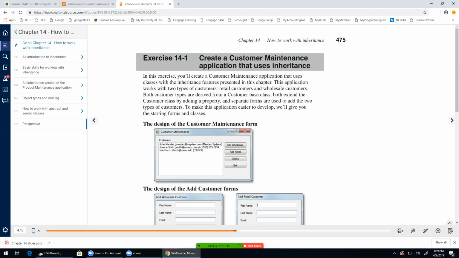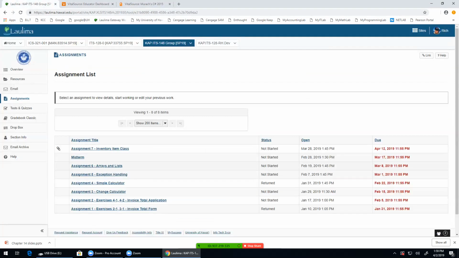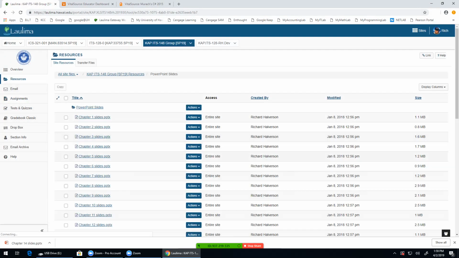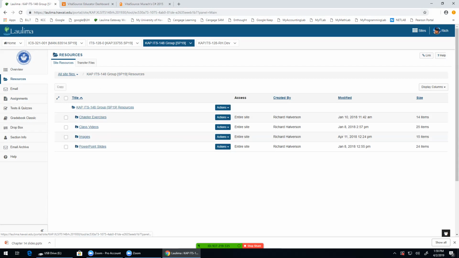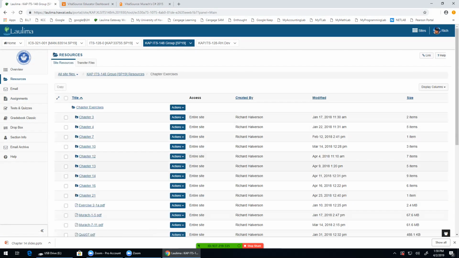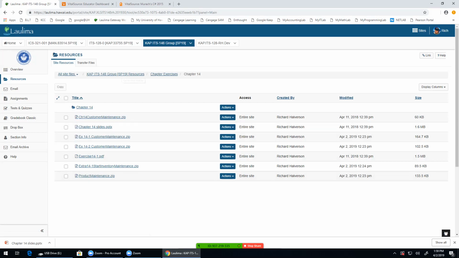But I have actually included the solution to that exercise here. If you look in Chapter 14 in the resources, chapter exercises, I've included